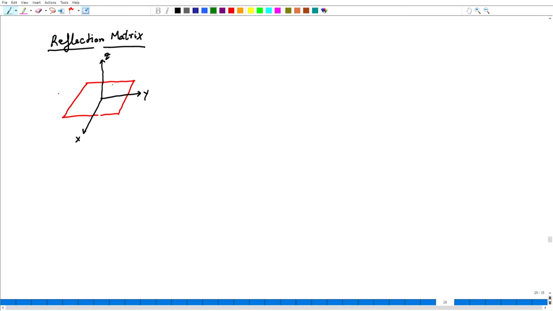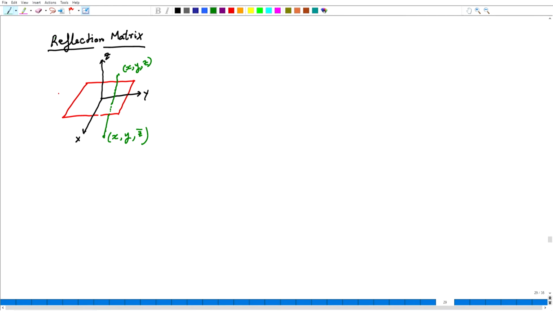Take a point, let us say x, y, z, and reflect it through the horizontal mirror plane, and it will get reflected below the mirror plane, or below the xy plane. And clearly, the position of the reflected point would be: x and y will not change, and plus z would become minus z. I have denoted the negative z with a bar on the z coordinate.